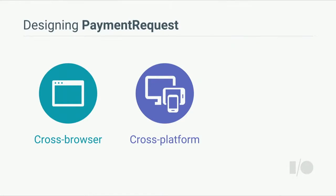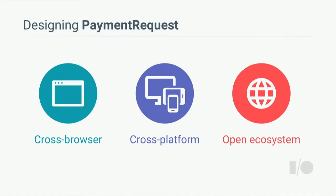Second, we're targeting mobile platform first because this is where we can solve the biggest problem. But the Payment Request API is designed to be extensible and will be available on other platforms as well. Third, our goal is to create an open ecosystem. Any website should be able to accept any form of payment that they desire without the need for complicated custom